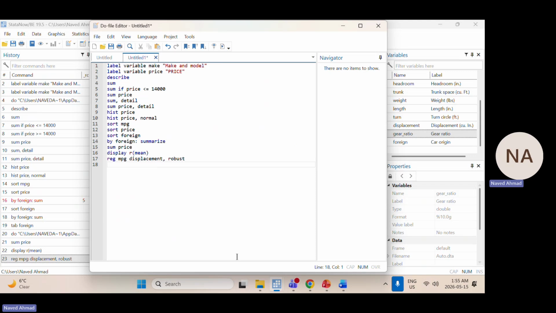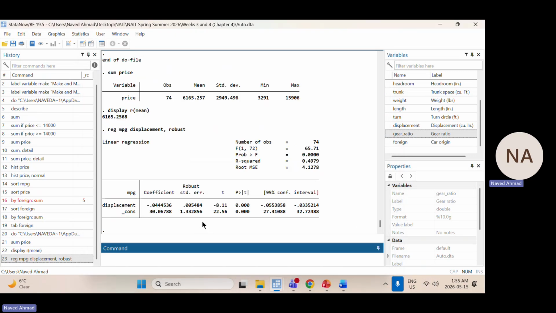So when you run this regression, you get this answer. In the do file, you send me the do file, and for the results, you can copy and paste this result. And there are methods to save this result in a Microsoft Word file. You just Google and see how you can do this. So you have to open the session and end the session. Okay, we will do this later,